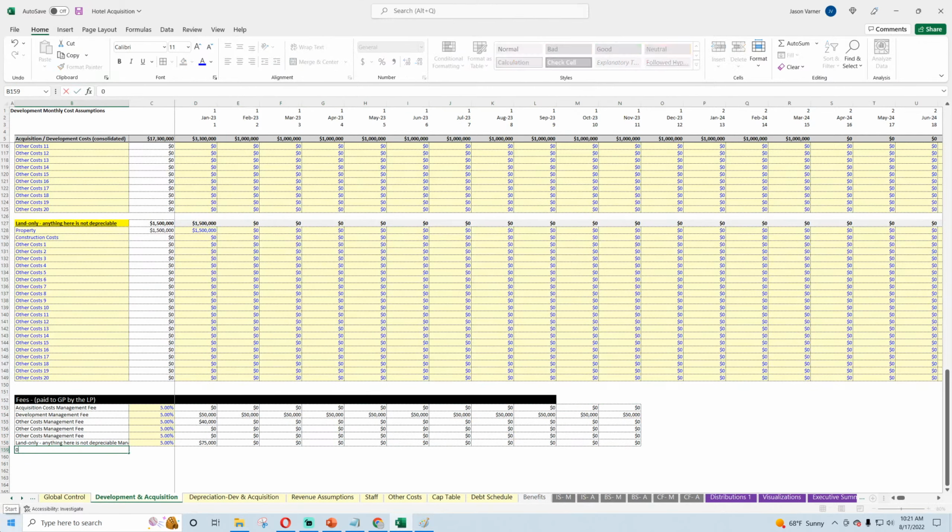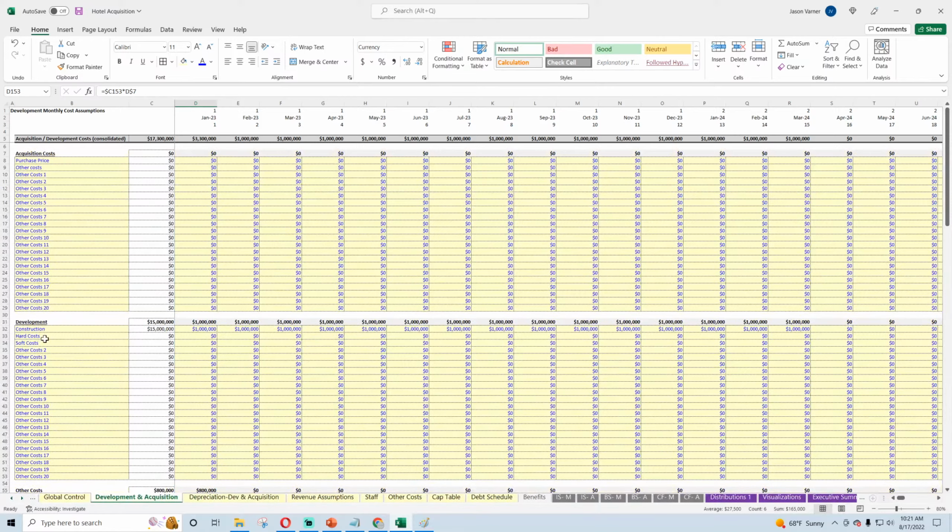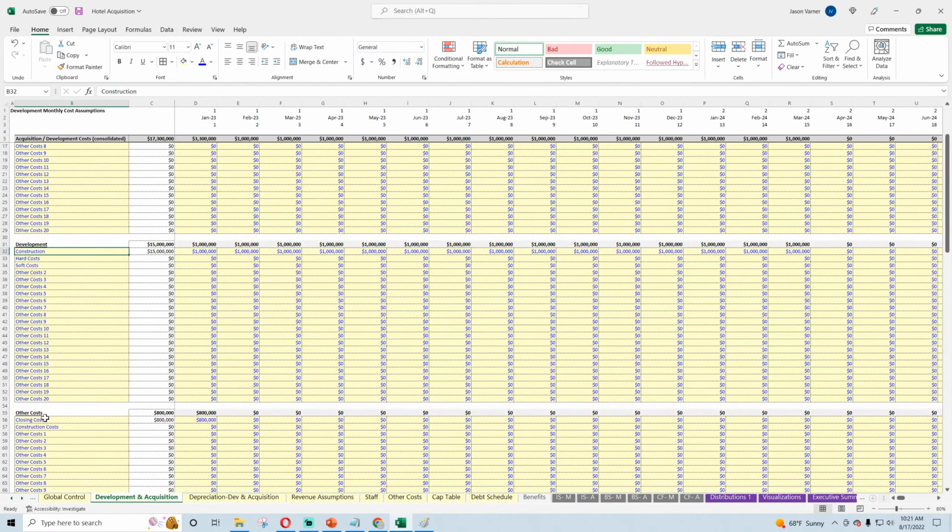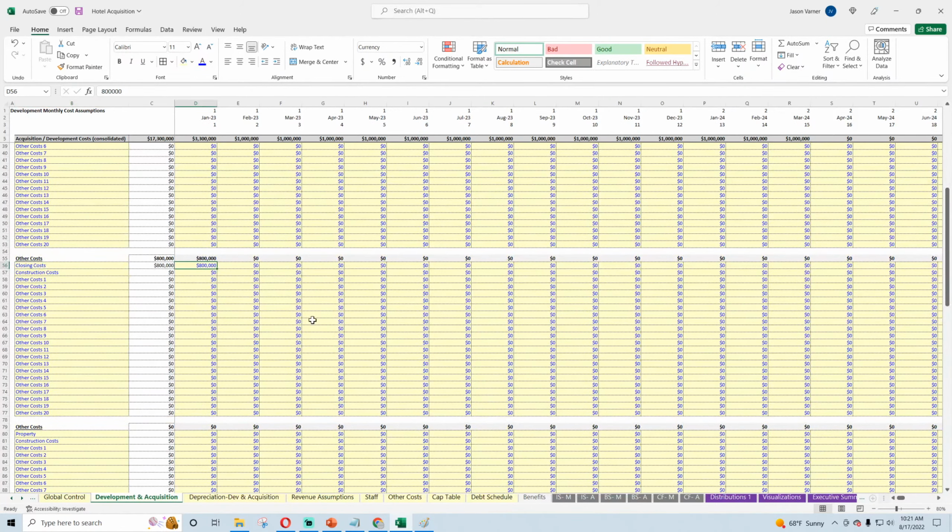And then we can roll these all up into one. Yes, these can be rolled all into one. All of these are going straight to the sponsor after whatever equity is required by the deal is contributed, and then this amount goes to the sponsor, whatever it is. Now, for something like closing costs,